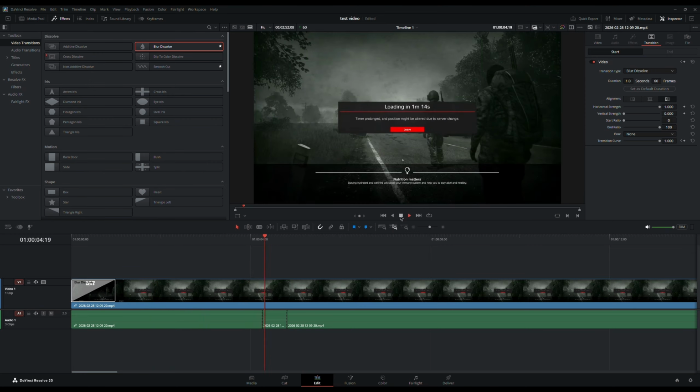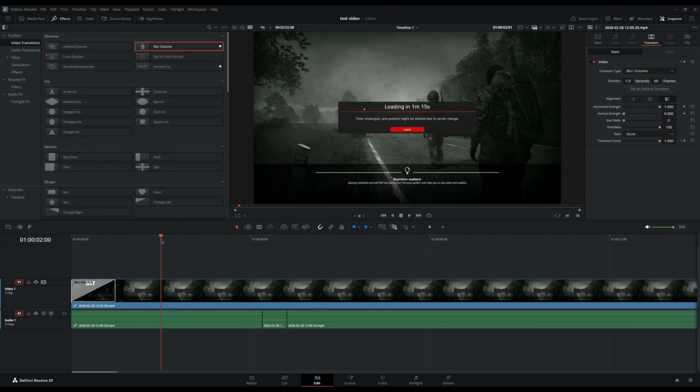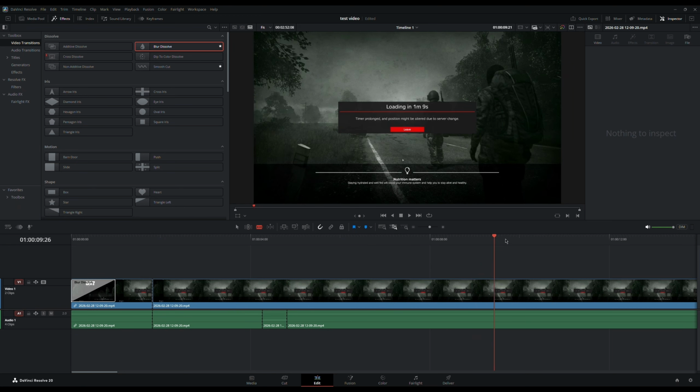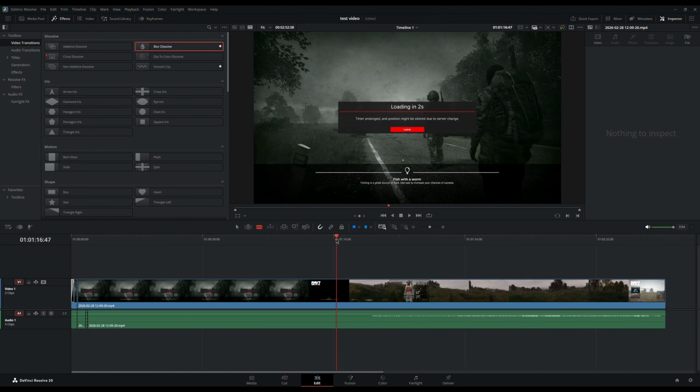Oh dear. Look, because I've changed position in the game, it's going to take 1 minute and 14 seconds to load in. So actually, I don't want all that. I want it to fade in to just before that comes up there, and then I want this whole bit gone. So press B. I'm going to cut there and there, and then I'm going to go and find the bit where the counter is on, I don't know, one second. Actually, I'm going to have it on 4 seconds because I'm going to use another transition. 5 seconds. Let's call it 5 seconds, and then I'm going to cut here, there,